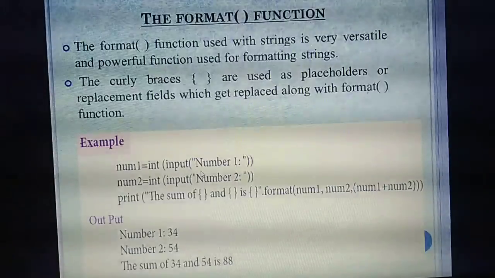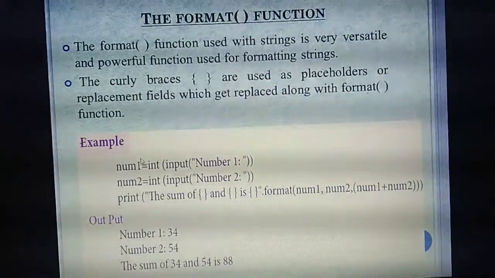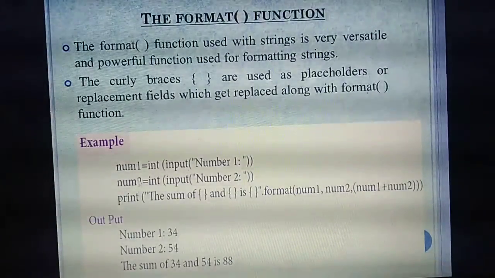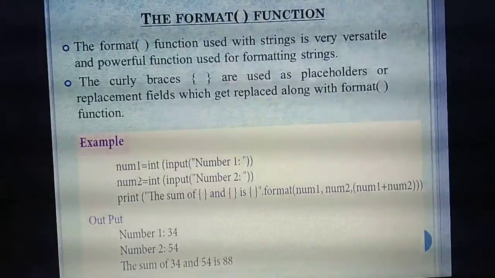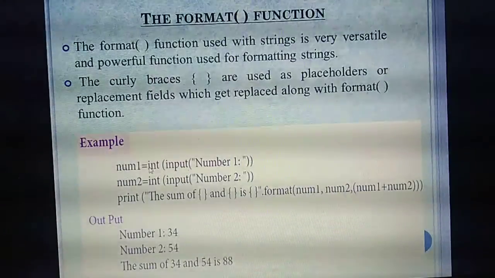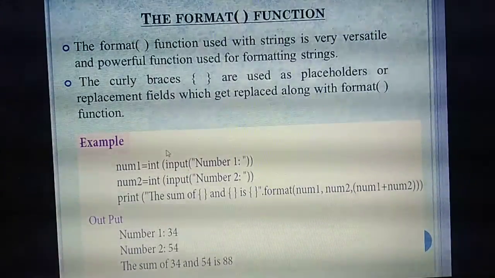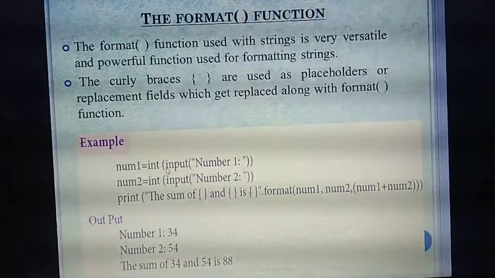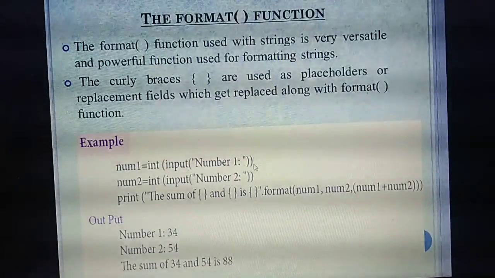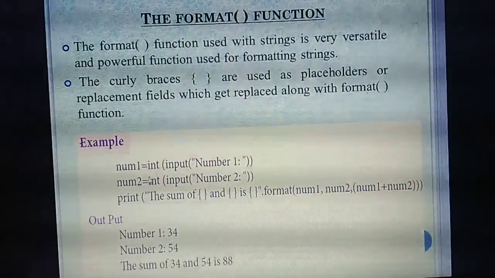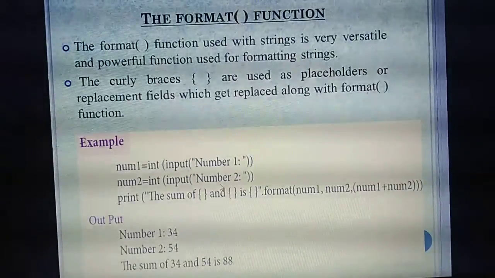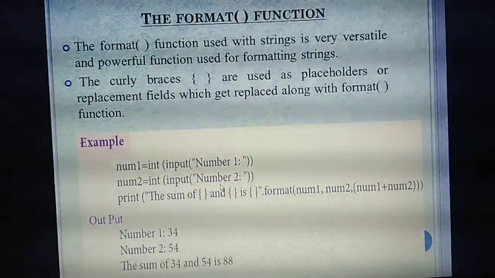Here we are going to add two numbers. For that, first you need to enter two numbers, num1 and num2. The first number you enter with the variable num1. The number is of data type int, so we use the int function with input. num1 equals int of input, number 1, the first number you are going to enter. Then num2, the second number: input of number 2. So you have entered two numbers. If you execute this program, in the output screen you will get these two lines.